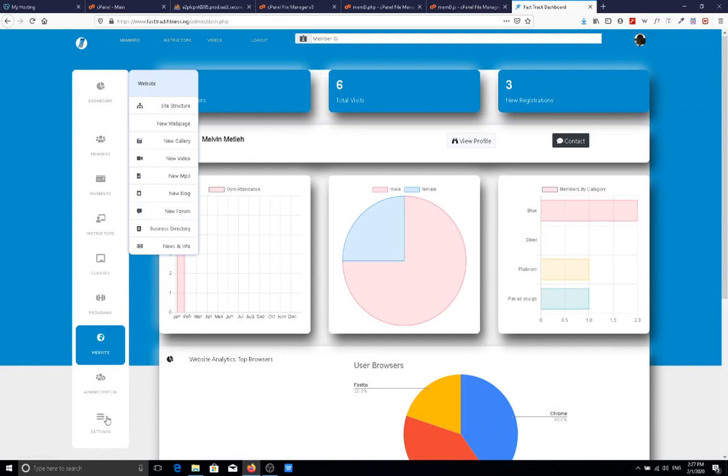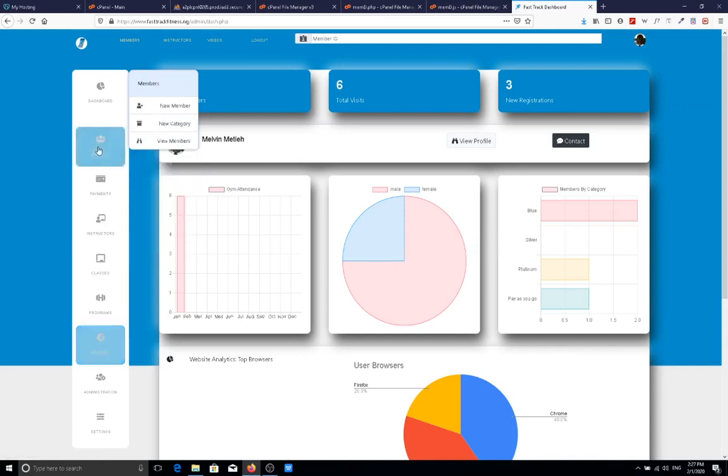later time. And this is the settings section. This is where you put in the name of your gym, set up various parameters, change background colors, change which of these graphs and charts you have showing here to show different things, so with the settings section you're going to be able to change and customize a lot of things about the application. Right now we're just going to hit up on members,